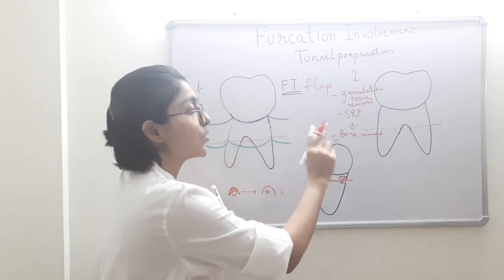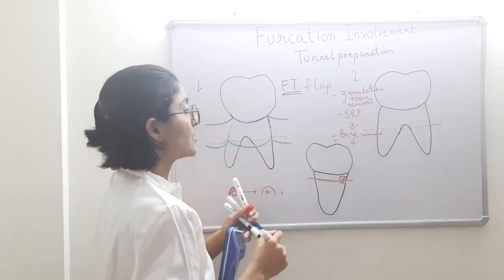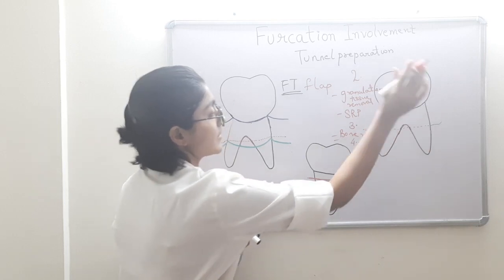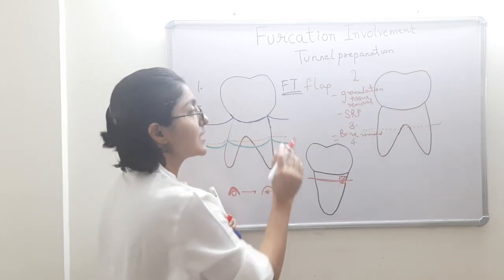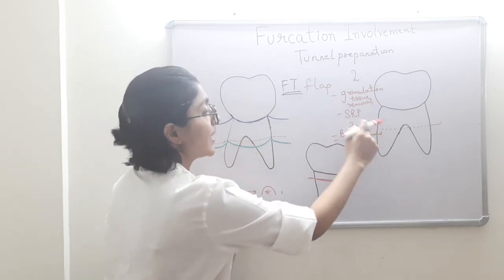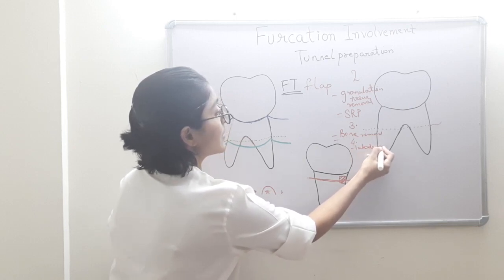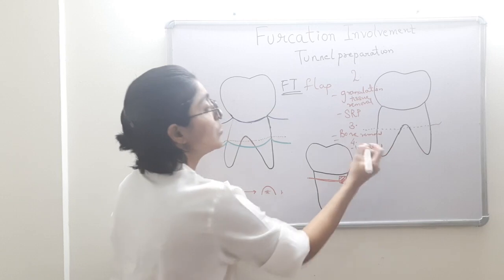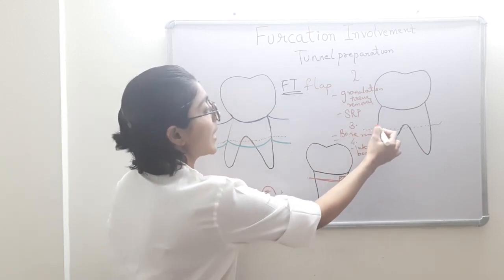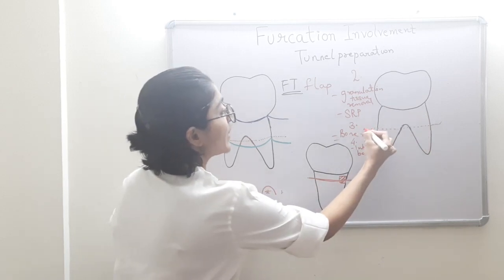In both cases bone removal is done, and then the final step is apical positioning of the flap after adjusting this alveolar crest also. If you can appreciate the alveolar crest, it is not in a proper fashion. So after this interradicular bone, the next step is interdental bone. This interdental bone is also adjusted and leveled together. Somewhere it is higher, somewhere it is lower.